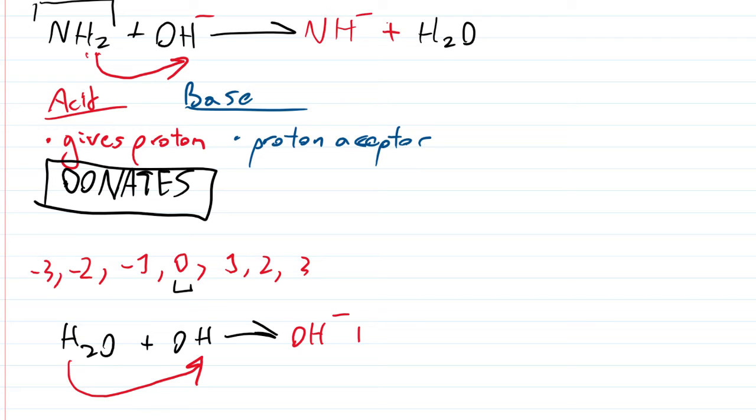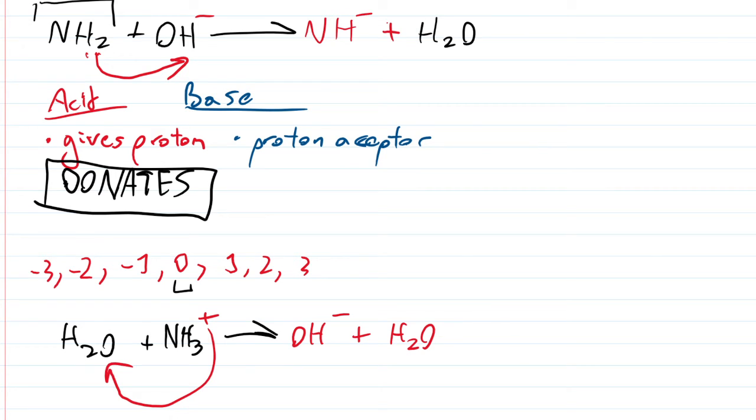But what happens if, instead of H2O being the acid, we gave a proton from another thing, like let's say we had NH3 plus. We could easily give a proton from here and donate it on this side. The result would be